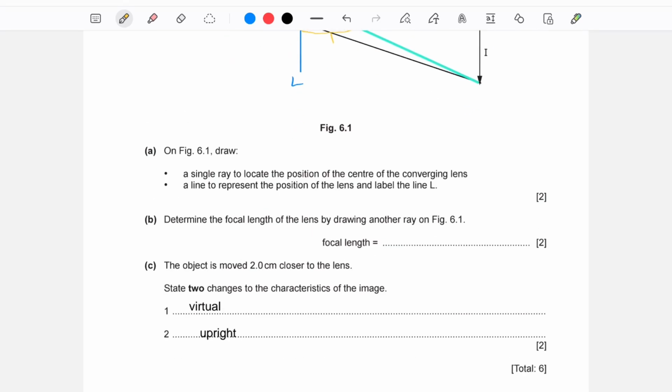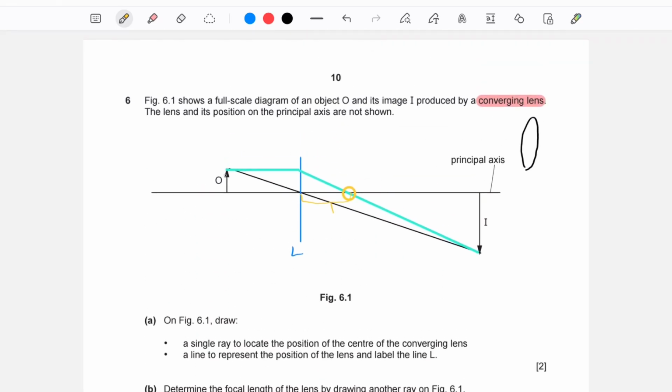The object is moved 2 cm closer to the lens. State 2 changes to the characteristics of the image. So the object is originally here, and this object would move closer to the lens. So the object, say it's here. This is the position of the new object. And if you draw a line through the center, and if you follow this line through the focal point,